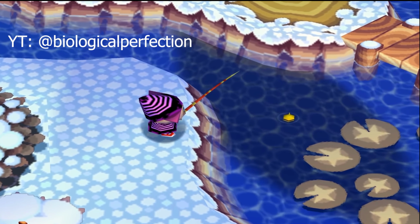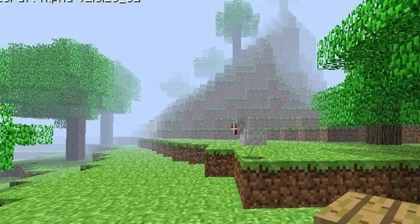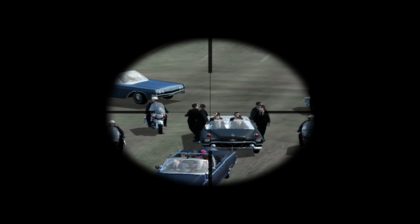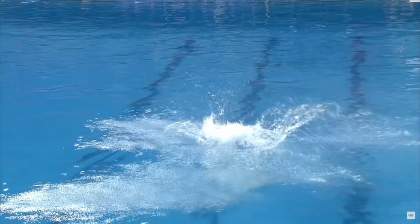Now, I don't play that many fishing games, and I don't really play that many horror games either, for that matter. But a horror game about fishing is just such an odd pairing. I mean, how could something so calm and serene be scary? But I'm a sucker for retro graphics and indie games about fishing. So let's dive right into it. Get it? Because, water and fishing, like there's so...